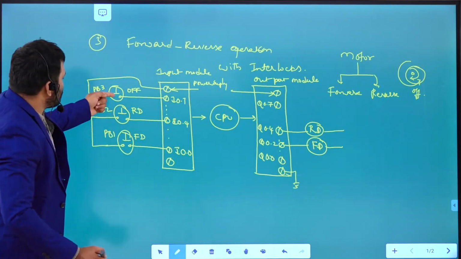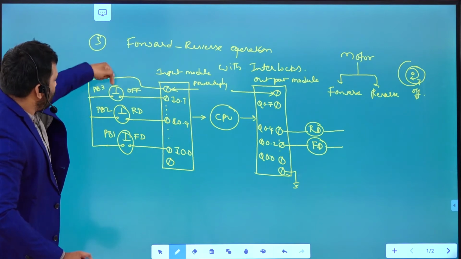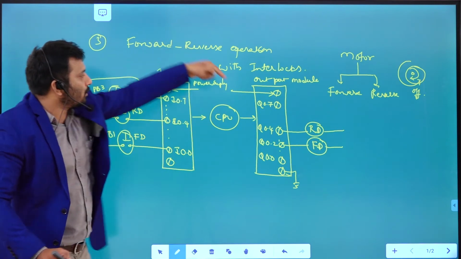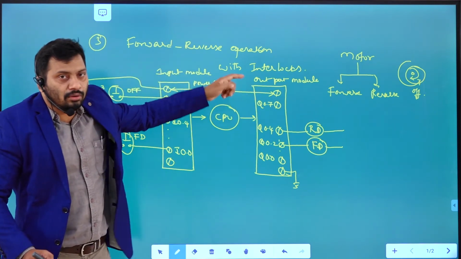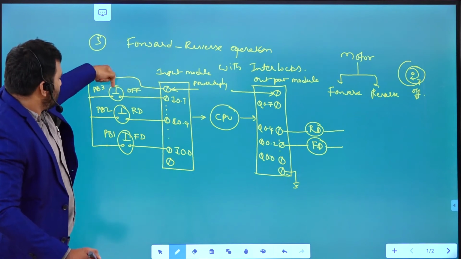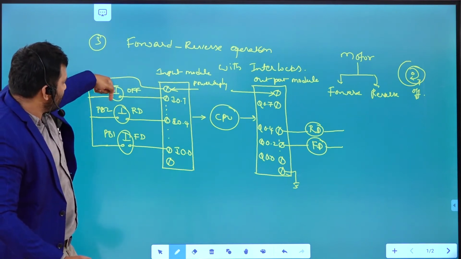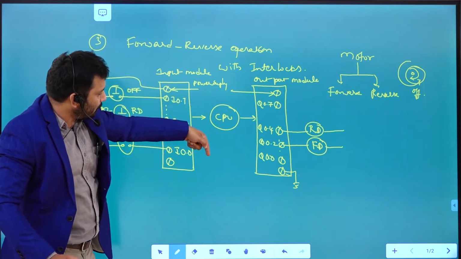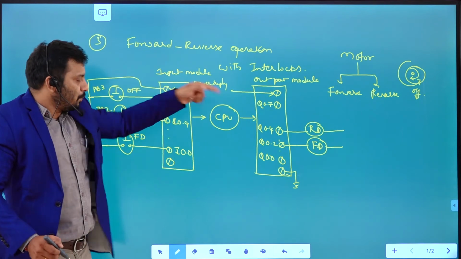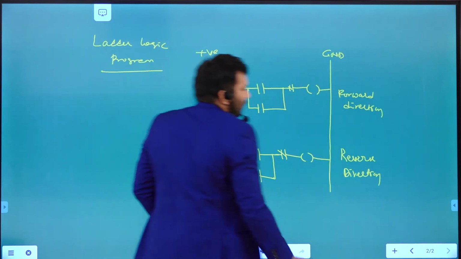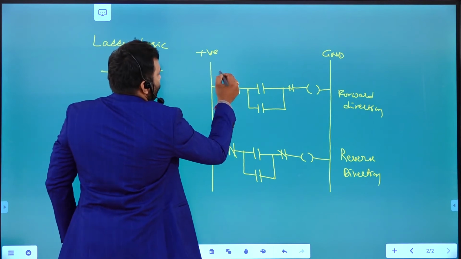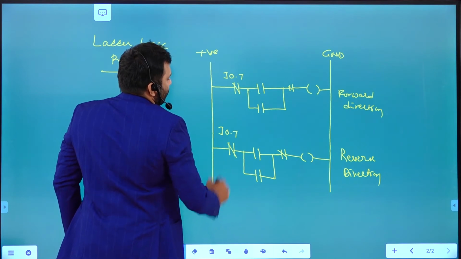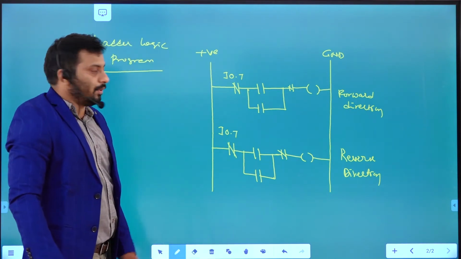So this one is push button switch 3. It is connected to the 8th terminal of the input module, which is used to turn off the motor. You should know, if you want to turn off the motor, this is the push button you need to push. If you push this particular one, it gives one signal to the 8th terminal. That data is stored in the input image table. That is going to act like input to the program we are writing here. So for that reason, what terminal did you connect here? I 0.7.